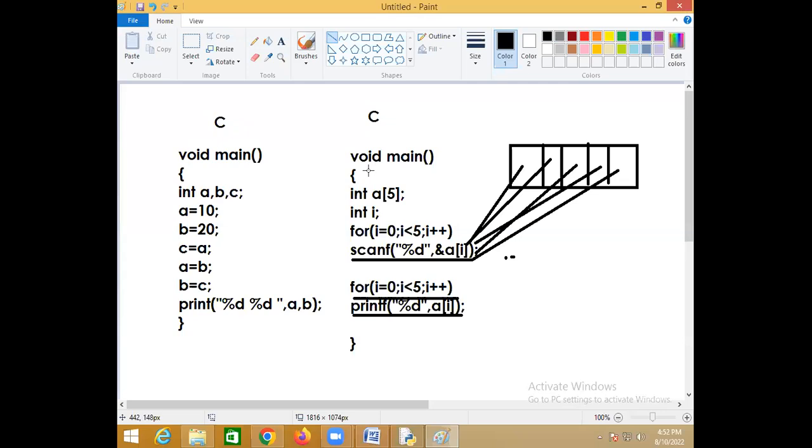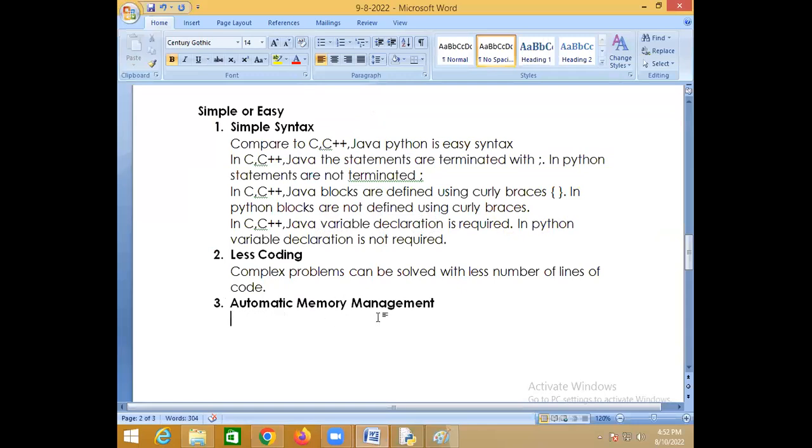How is efficiency calculated? Based on two things: space complexity and time complexity. If you write fewer lines of code, it occupies less space, and obviously efficiency increases. Not only that, Python has automatic memory management.